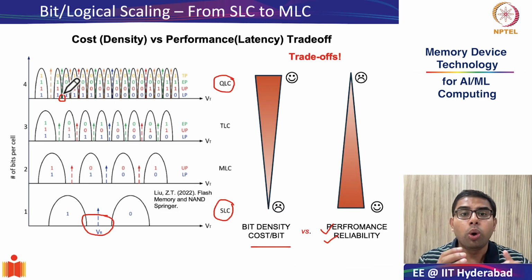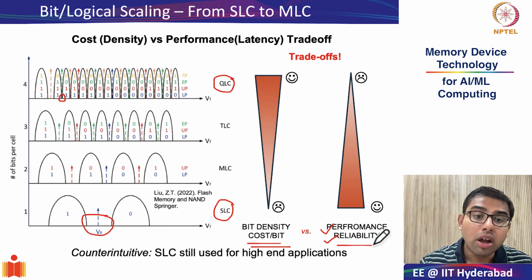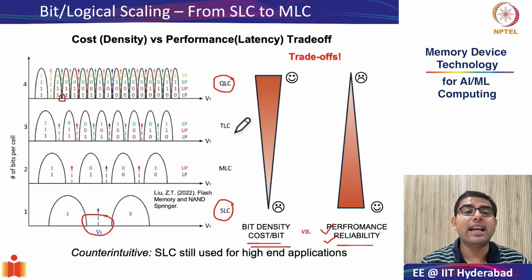Okay, so as we know in life, there are no free lunches. When you try to improve the cost per bit, you suffer in terms of reliability. And you would be very surprised to know that SLC, which is a more simpler technology, is actually used for high performance applications because the latencies are very, very low, whereas QLC and TLC is used in low end products, which are a bit more cost sensitive. So with this understanding of trade-offs, let's move on to the final discussion of today.